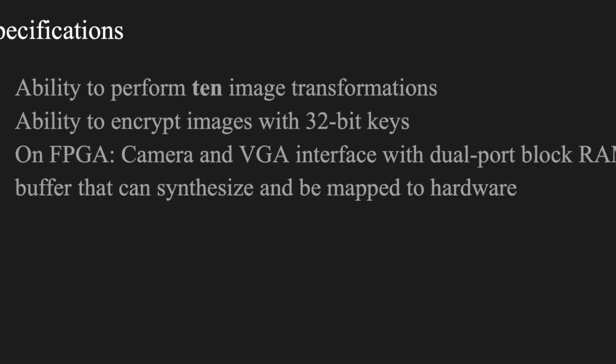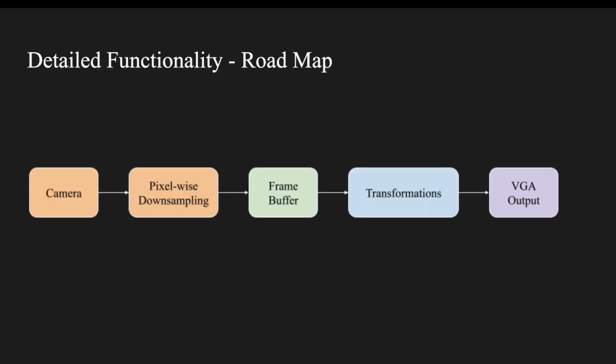block RAM buffer. So the first technical side we're going to look at here is the overall data pipeline of the FPGA and the Verilog we use to implement this data pipeline. So you can see here it's a very straightforward data pipeline. We start with the camera and apply pixel-wise downsampling on every pixel being read in and store these pixels in a frame buffer. On the output side of this frame buffer, we apply transformations and send it straight to our